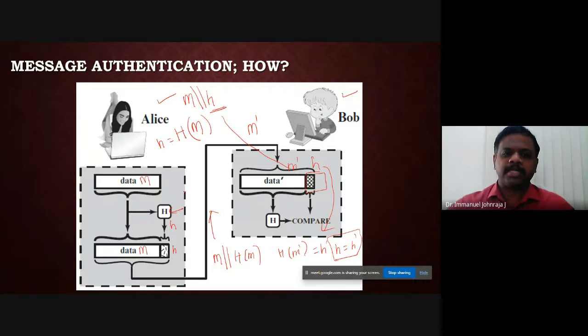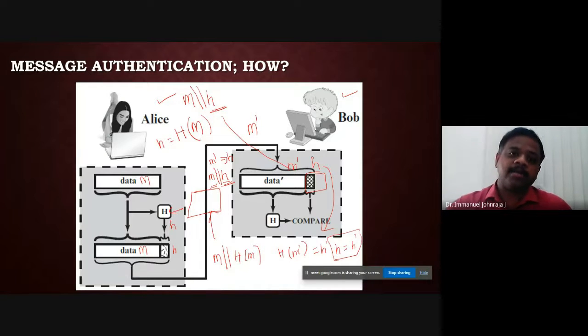So suppose there is an attacker sitting here. Does he have access to the hash? Yes, because the message is not encrypted. The message is sent as plain text. So he has access to H. He has access to M. Can he create another message having the same hash? No, because the second property says it should be collision free. So he will not create M dash which gives the same H. So the second point is ruled out.